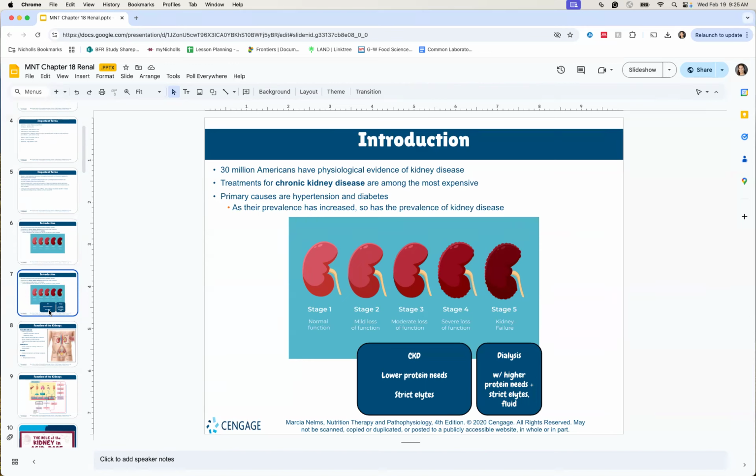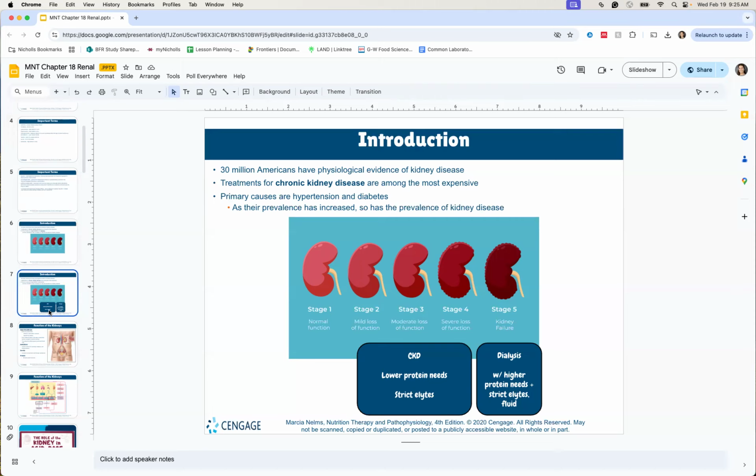So we commonly see calcium, potassium, phosphorus, particularly, and sodium becoming out of balance. And dietitians have to closely monitor those electrolytes and make sure that we are helping patients to maintain